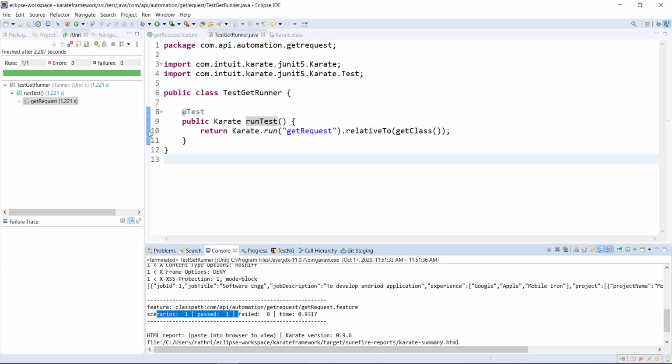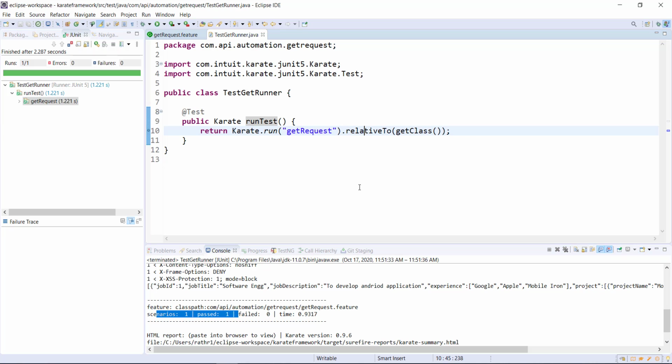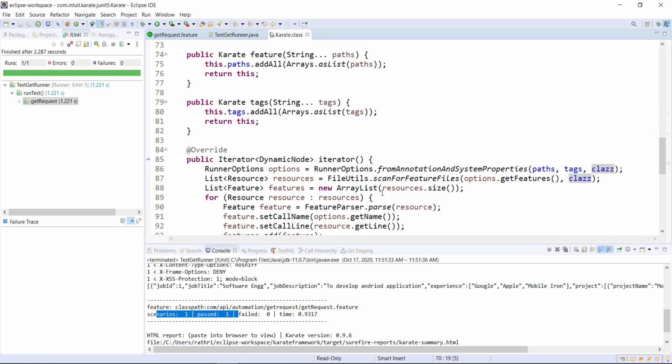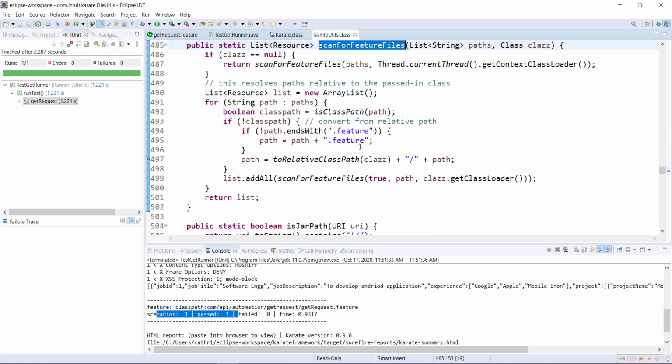Now let me put a debug point over here, and also let me go to the implementation of the relativeTo method. Here we are using the member variable as class. Let me see where this variable is being used. So it is being used over here, that is scanForFeatureFile.